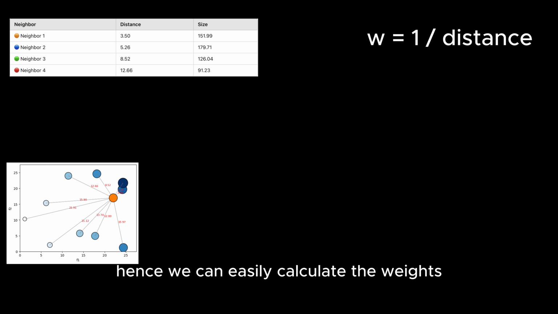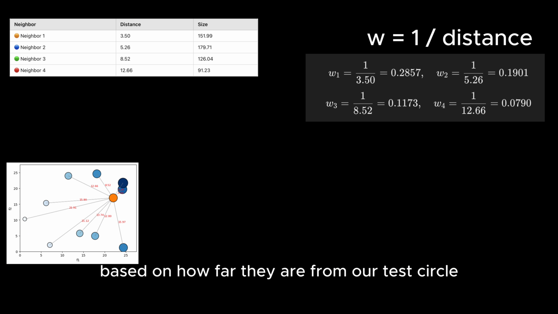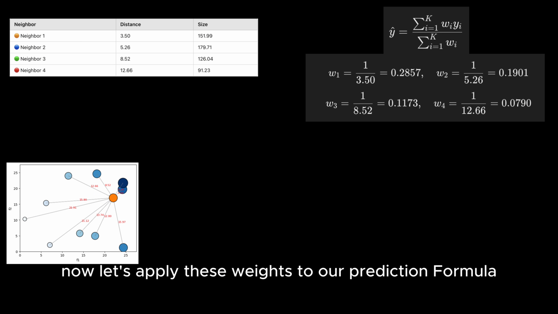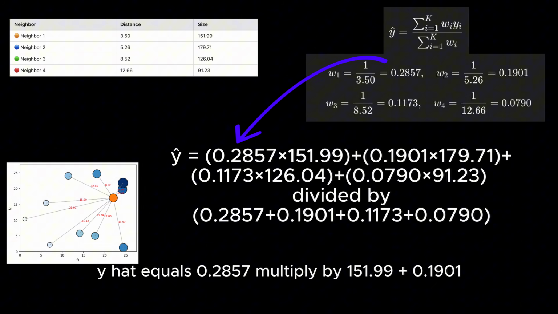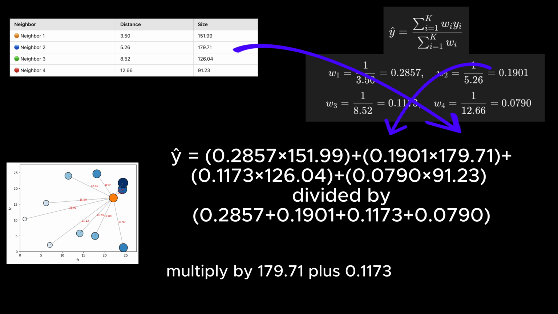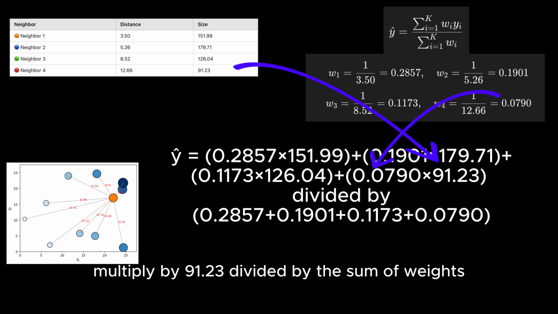Hence, we can easily calculate the weights we need to assign to each of the neighbors based on how far they're from our test circle. Now, let's apply these weights to our prediction formula. Y hat equals 0.2857 multiplied by 151.99 plus 0.1901 multiplied by 179.71 plus 0.1173 multiplied by 126.04 plus 0.0790 multiplied by 91.23, divided by the sum of weights, that is